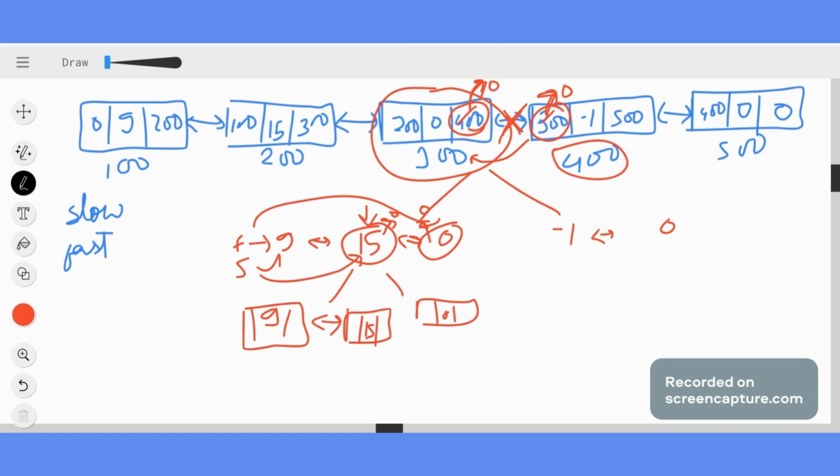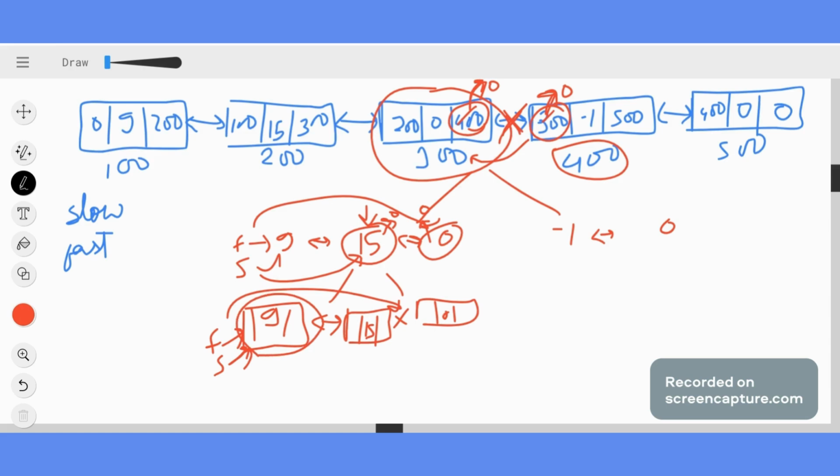So now what? Now I will again apply the same rule, that is the tortoise method. If I apply this tortoise method again, my fast pointer will point to the head node, my slow pointer will point to the head node. Move this fast pointer two steps ahead. Oh my god, now it has crossed the boundary. So my traversal will end here. But by that time, my slow pointer is pointing to the middlemost node.